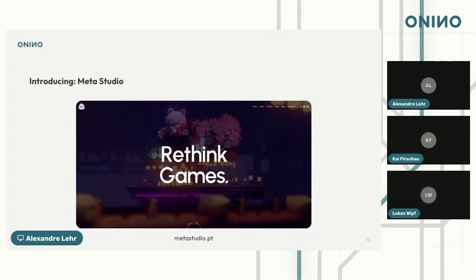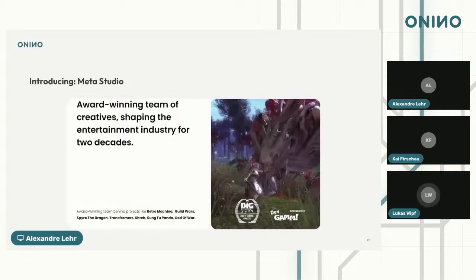And yes, we actually have a date for when Meta Studio will launch through our incubator, which is in June, and we will definitely announce it when we also let you get to know their founders.